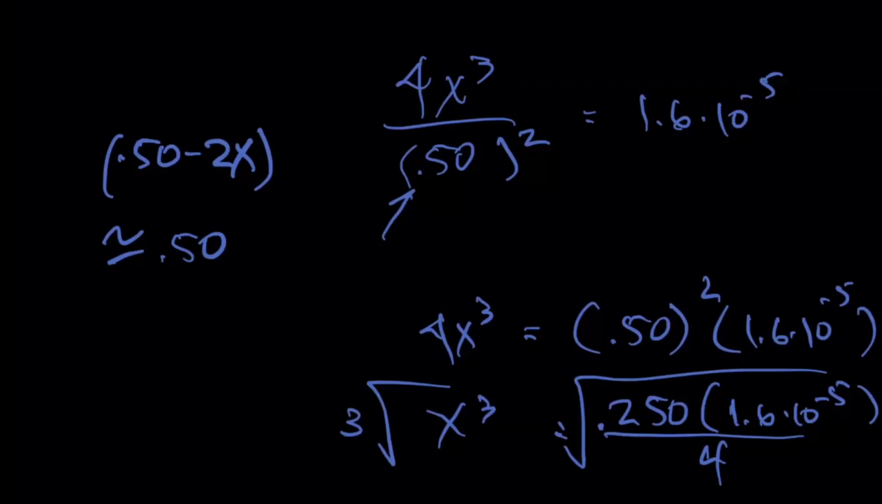So we've gotten rid of the polynomial, the x squared and the x, and simplified it to a power of 3. And you can do that in your calculator. If I take 0.25 and multiply by 1.6 to the negative 5 and divide that by 4, I get this quantity, 1 times 10 to the minus 6. This quantity right here is equal to 1 times 10 to the minus 6, and that's x to the third. And if I take the cube root of that,